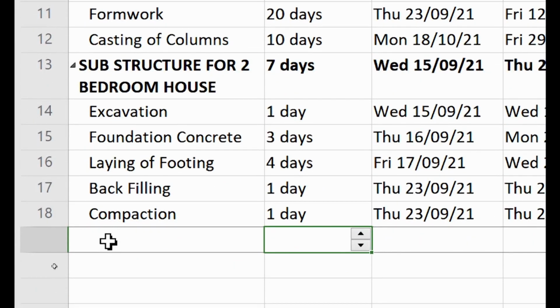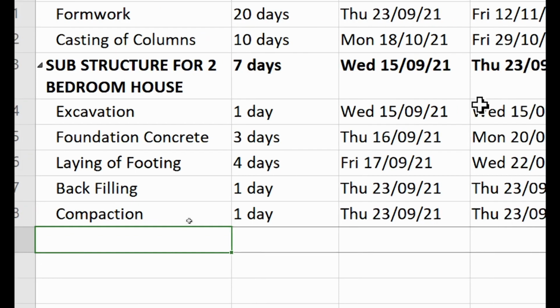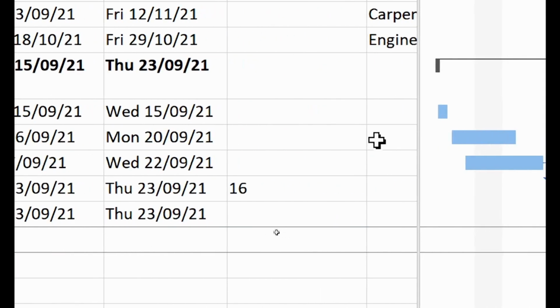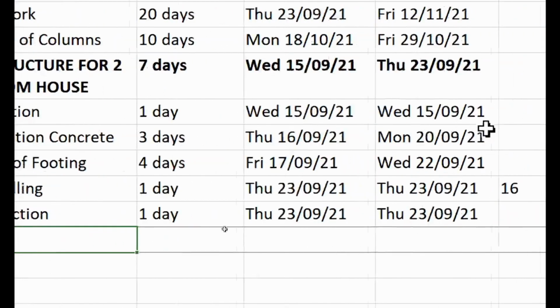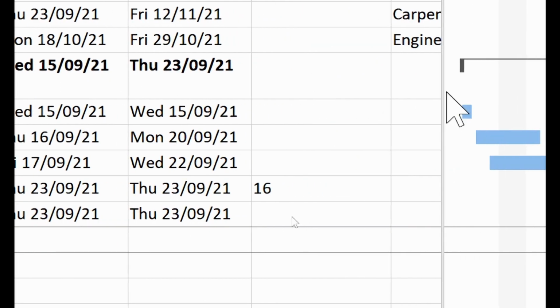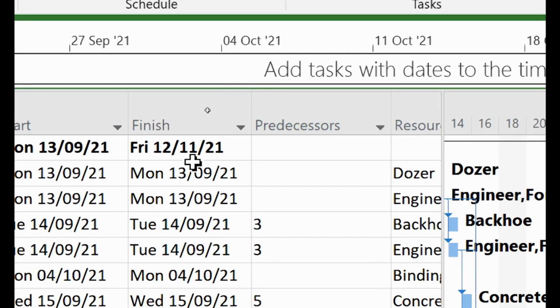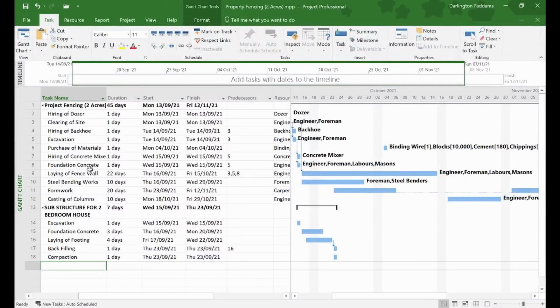Now you can plan another category under it like this. And all these ones you can come and set their resources and cost and everything. You can set them, and it will give you the cost under this category. It's not going to give you the cost under this. But if you want, you can put everything under one major heading. Then you get the overall cost of everything. So to do that,